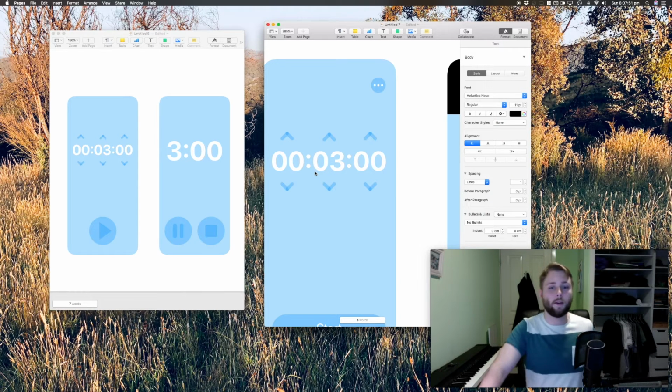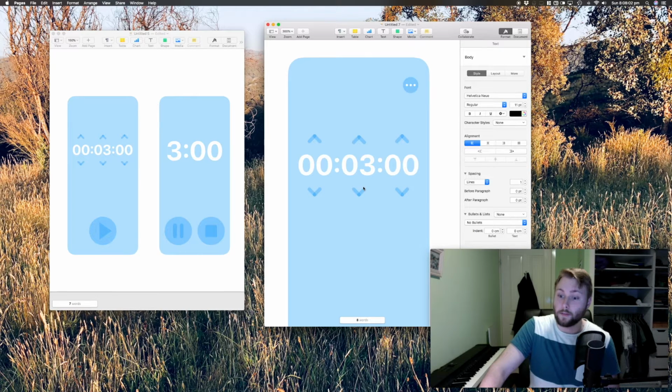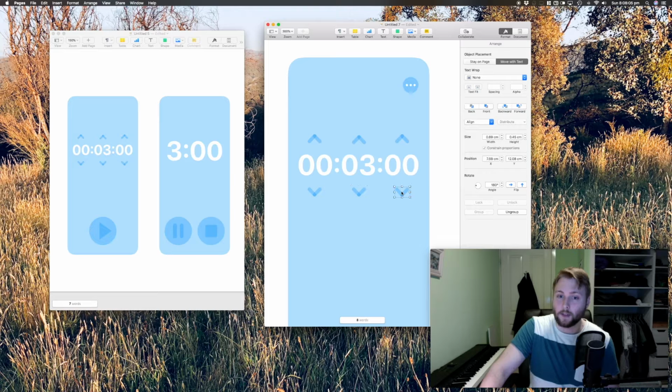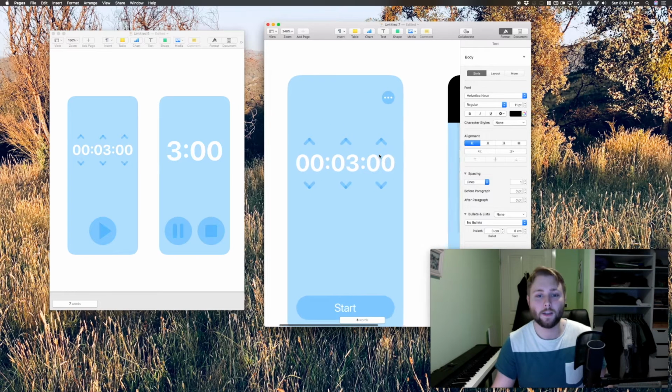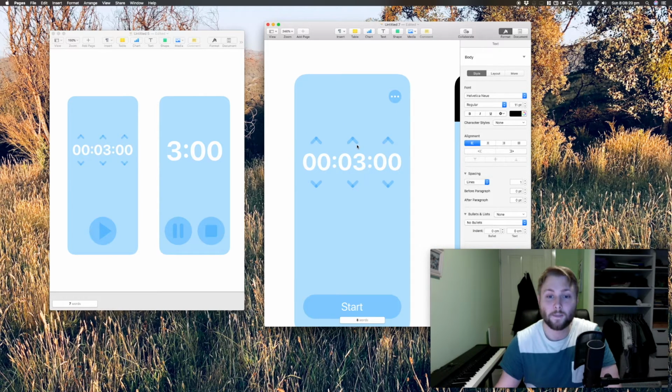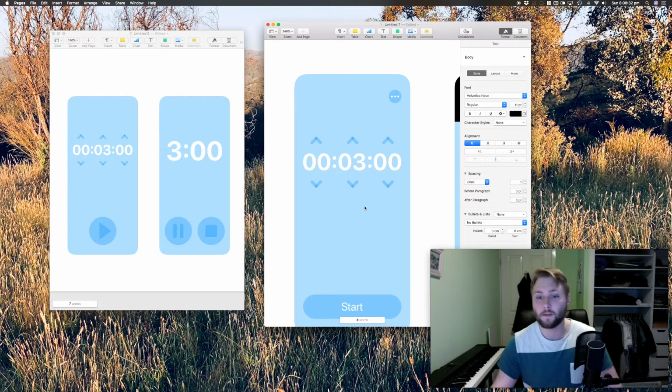So the other thing that I'm now thinking about is this timer interface, the setting of the timer interface. Although it's very obvious that these buttons, well, they don't quite look super obvious as buttons in this sketch, but when they've got a shadow behind them or something to make them look more buttony in the actual interface, those should look pretty obvious. But right now, while it's obvious that they're buttons and that you can click on them, there's nothing to show that you can swipe up and down, which is what I'm intending the functionality to be,